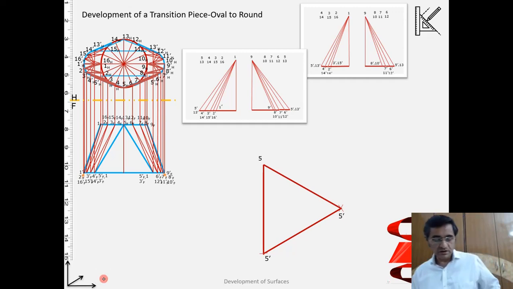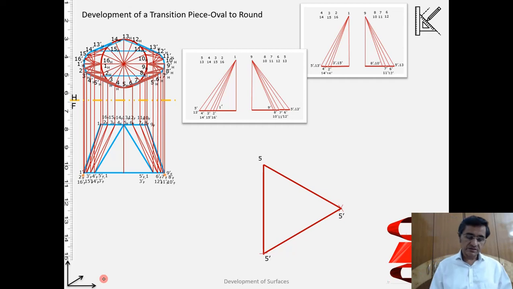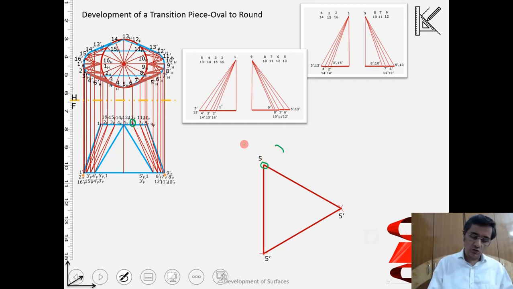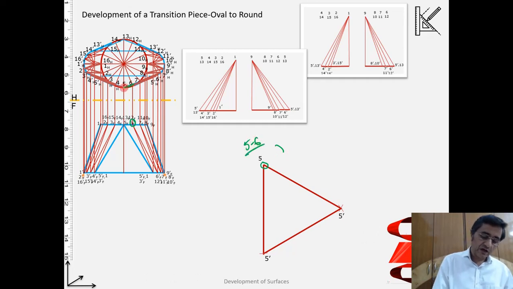Now once it is done, let us now try to locate the point 6. Okay, so for this, what is this 6? As we had seen earlier, from 5 I'll have to take an arc equal to 5/6 length. So the 5/6 length I will get from the horizontal view.